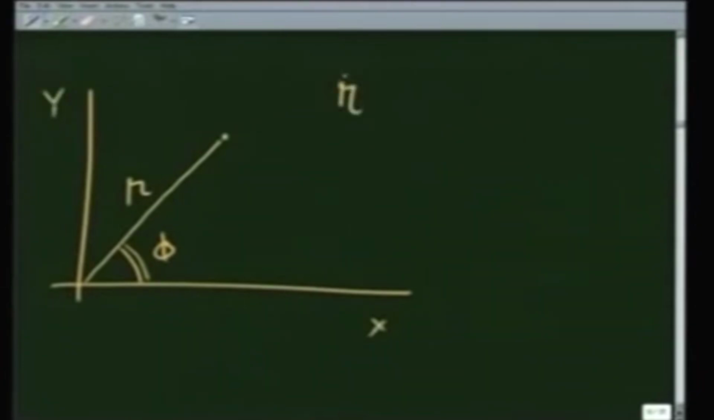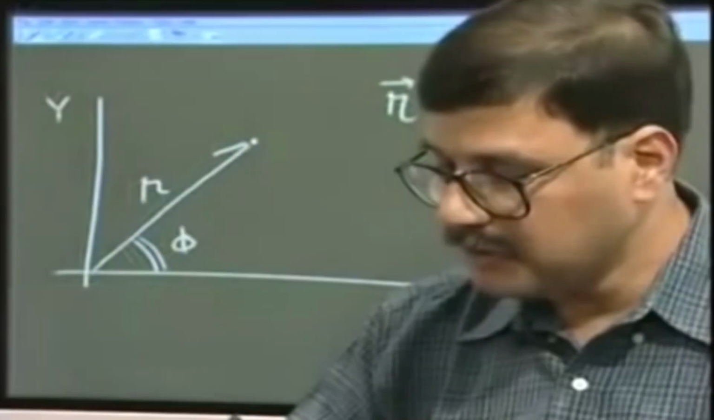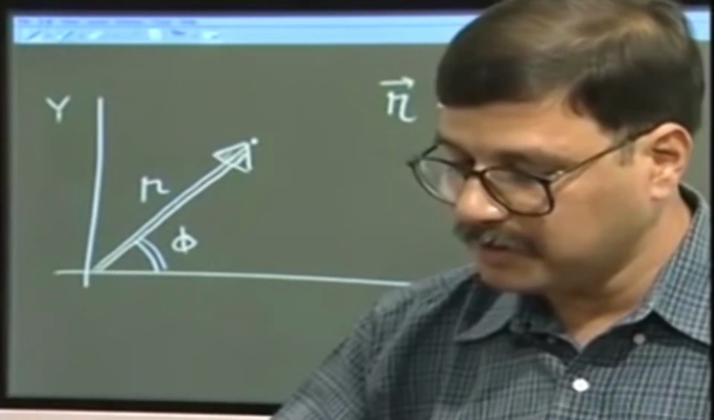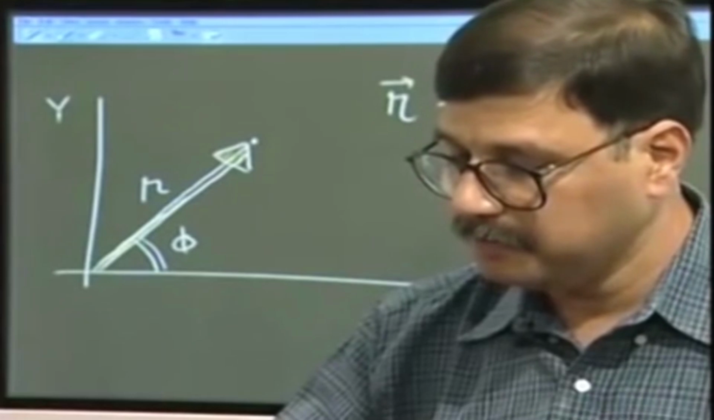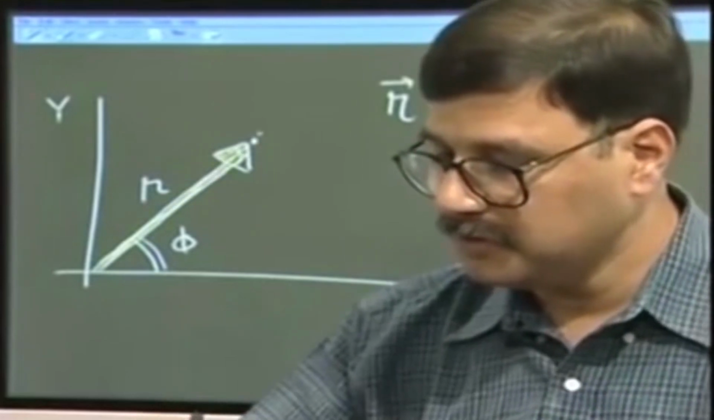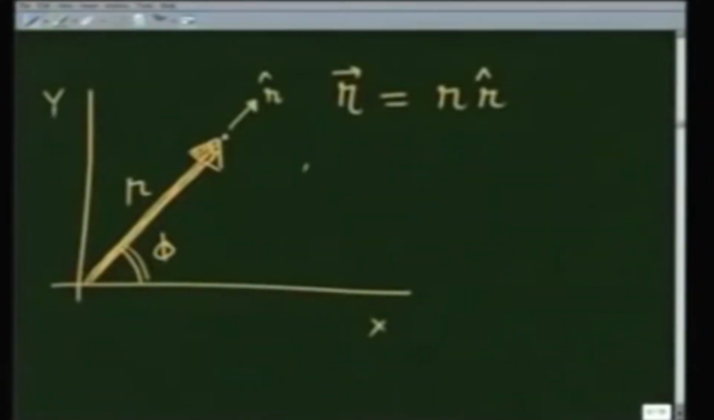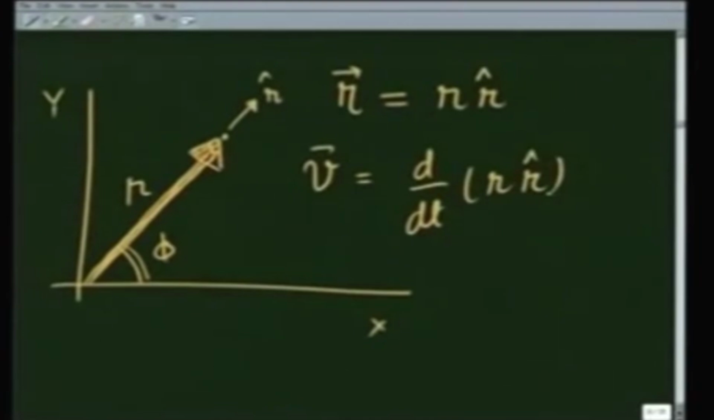So, the position vector r of the particle is going to be given as r times the r unit vector, because this is the displacement vector of the particle, and this is unit vector r. Velocity is going to be d over dt of r times the r unit vector, and this is